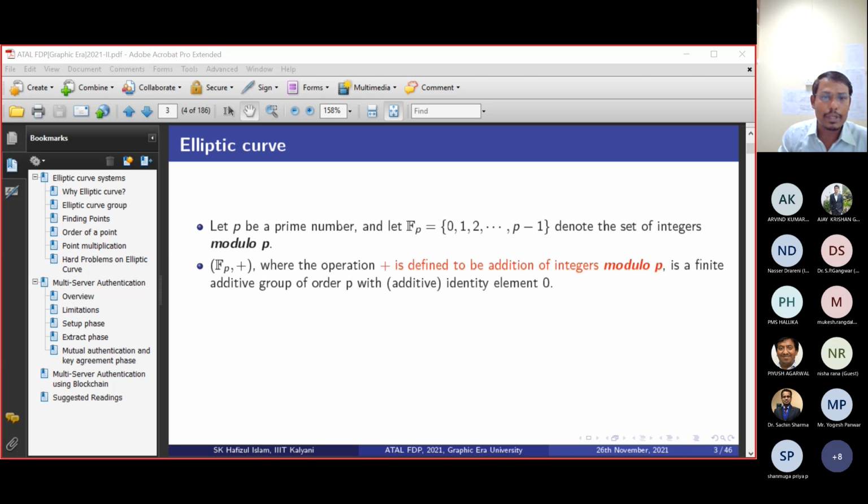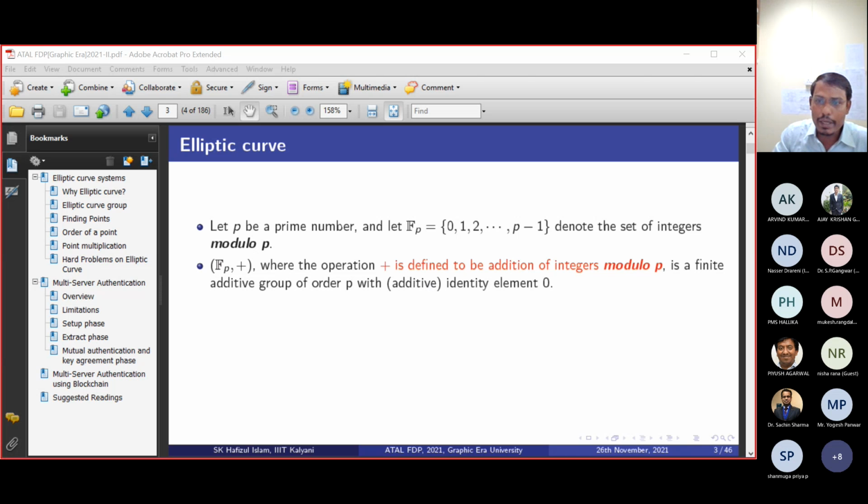The identity property: there exists an element e such that e plus any element a equals a, where the operation is addition. From this discussion you can understand that only 0 will provide this relation. So 0 plus a is equal to a plus 0 is equal to a. Here 0 serves as the additive identity.